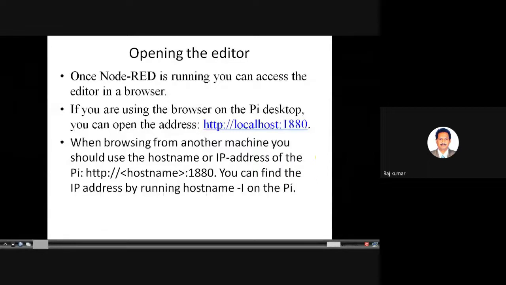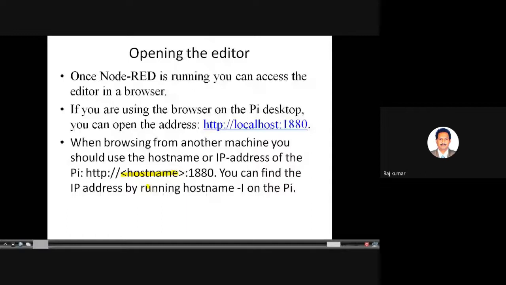And if a group of people want to access the same node, then instead of localhost, you have to specify the IP address. For example, two or three Raspberry Pis are in a local area network. So you have to mention the IP address of this host name. Replace the IP address with the host name like this. Whatever IP address is designated to that particular Raspberry Pi, that you have to mention.